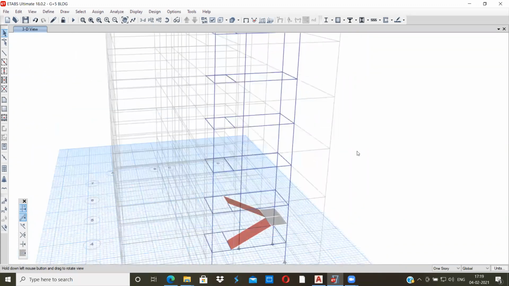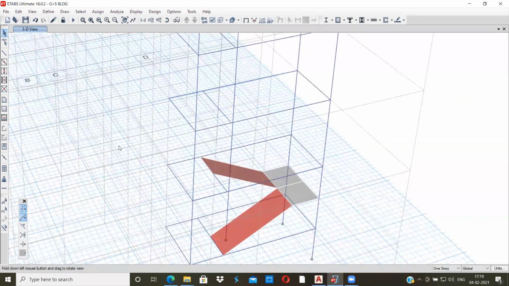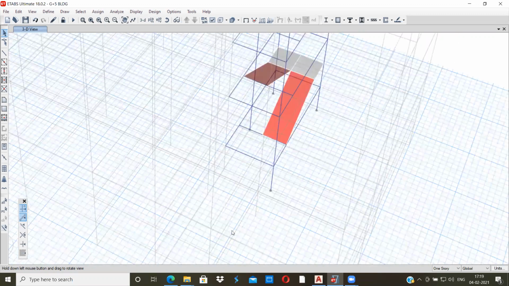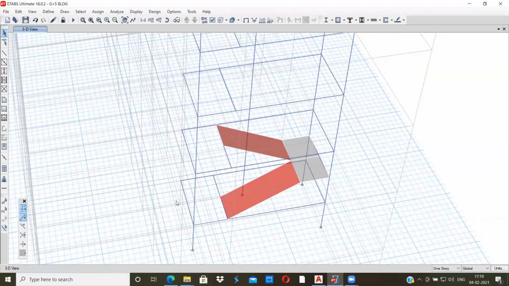So what I'll do now is I'll press escape and I'll select this, and I will replicate to the rest of the floors.